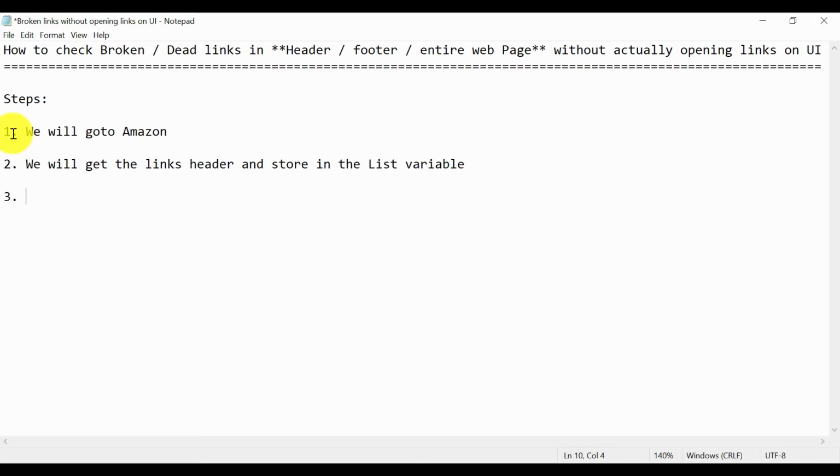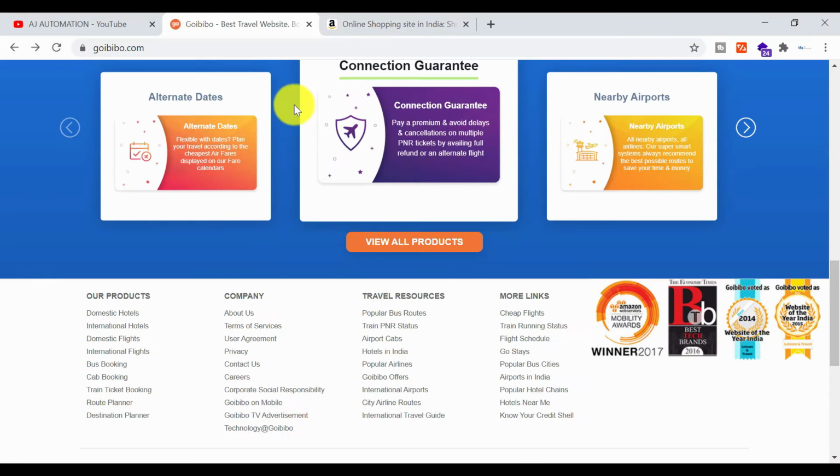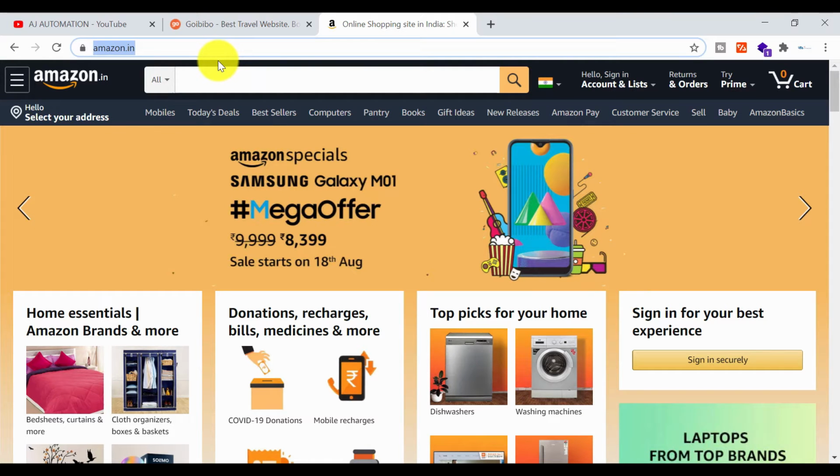I will show you first what we are going to do. We will go to amazon.in, and as you can see there are some links available in this header. So we will first create the web element for this header. We are not interested in the links available in the entire web page.